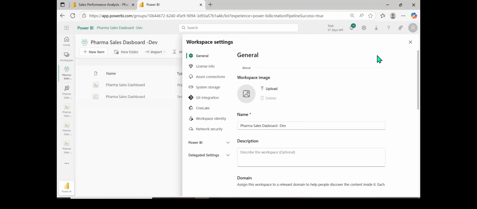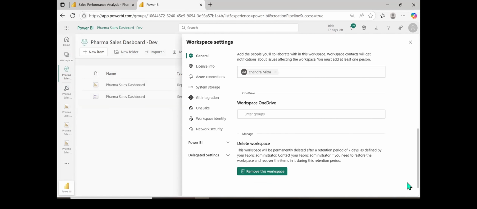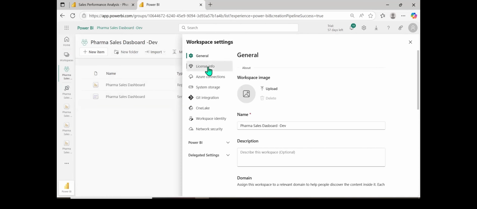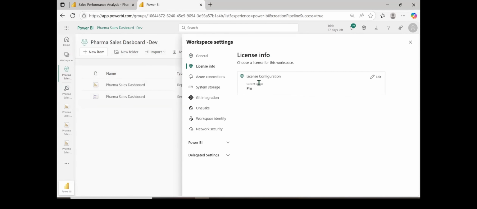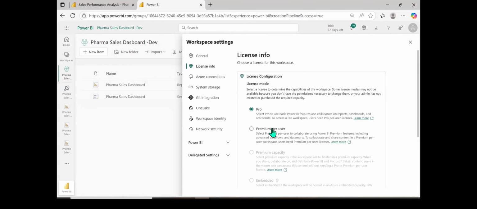We do not get the option because of the workspace license. Where is that? License and info. Go to license and info. You see the license configuration is pro. For pro, we cannot have the deployment pipelines. So what do I do? I'll go for premium per user